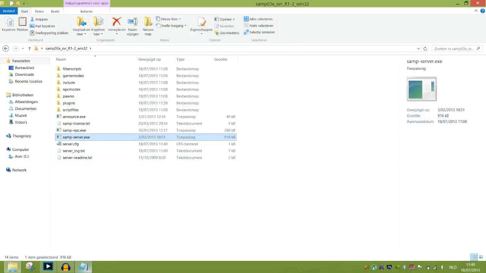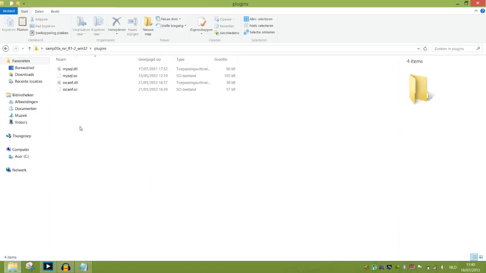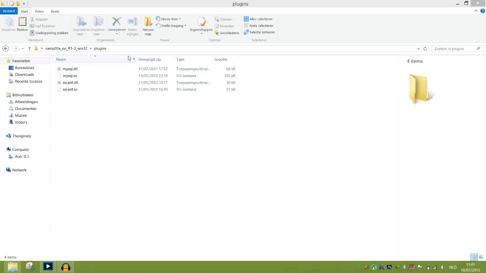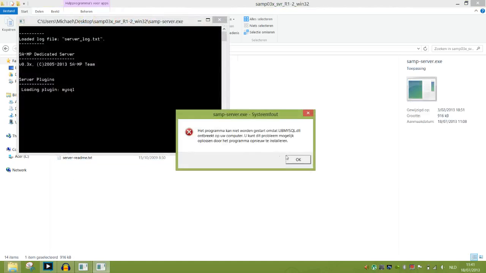And then if you have Linux, you use the .so files, but then you have to add the extensions in the config file. I'm not going to test it, I can't test it. So maybe that's the most important thing about the files. I don't have